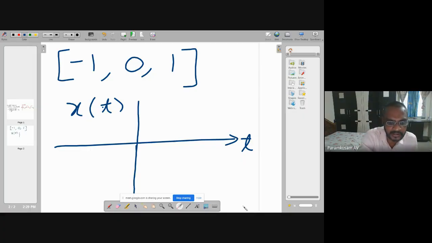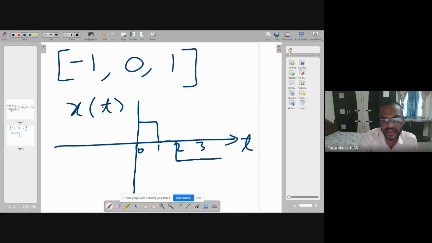Suppose at time 0 to 1, 2, 3. From 0 to 1, the value of x of t is equal to 1 volt. From 1 to 2, its value is 0 volts. From 2 to 3, its value is -1 volt. Again 3 to 4, -1 volt.